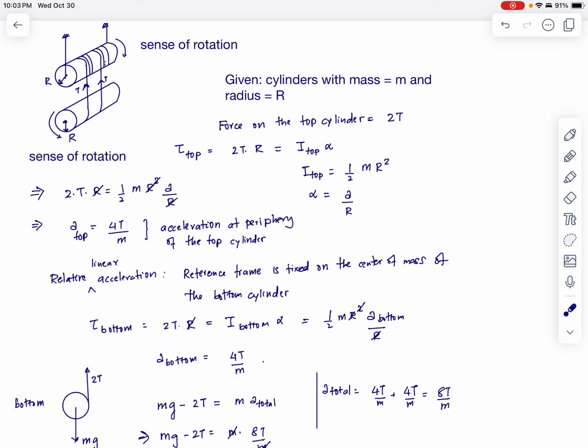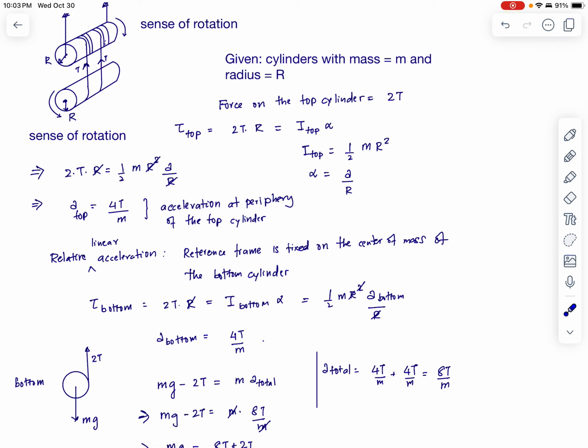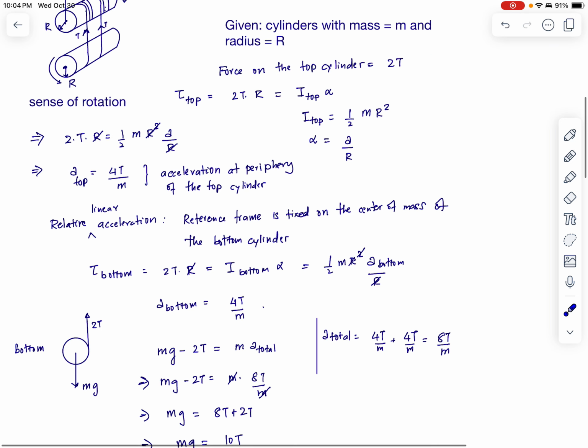Now in order to find the true acceleration of the center of mass, we have to find the acceleration of this portion of the string, because the top cylinder is unwinding, plus the acceleration caused by the unwinding of the bottom cylinder. So the total acceleration is 4t divided by m plus 4t divided by m equals 8t divided by m. So if we draw the free body diagram here,